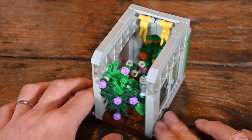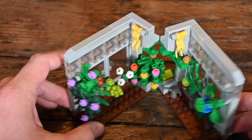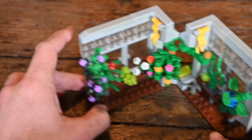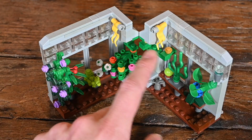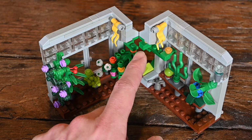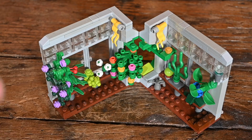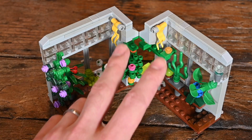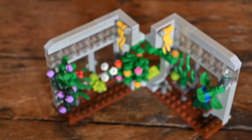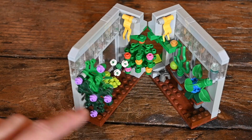Here is my greenhouse mock. This one also opens up, and so you've got a view from the outside where you just got the simple glass windows, and then once it opens up you see that in fact that golden bulbed green plant situation, that vine, is invading even the greenhouses, so all of Hogwarts is completely covered. I guess Neville's probably a student in this case, so let's go with that. Got a couple of yellow banners in the window for Hufflepuff yellow, and then otherwise you've just got a ton of different plant elements. So I've got this vine hanging off the wall